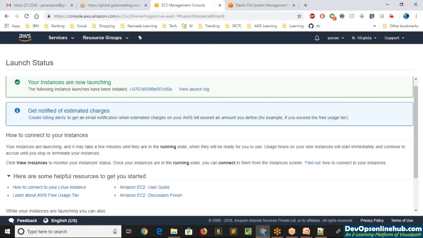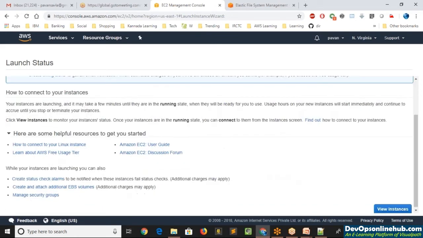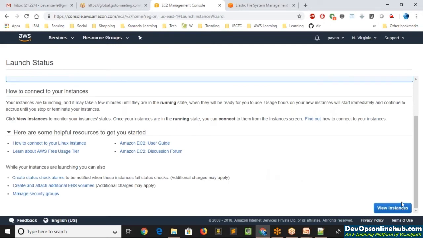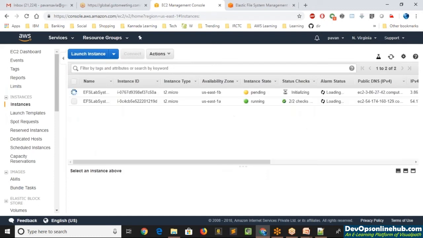And now let's quickly go ahead and say view instances. Now you can see we have two EC2 instances appearing in the console. One of them is already in the running mode and the second one is yet in the pending mode. So it's fine. In the meantime, while the second comes up, we'll first log in into the instance that is in running mode.